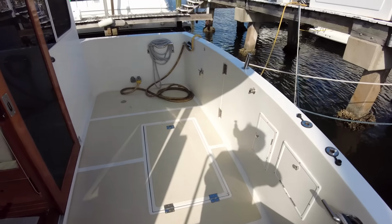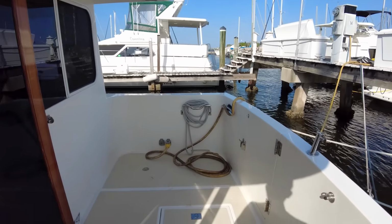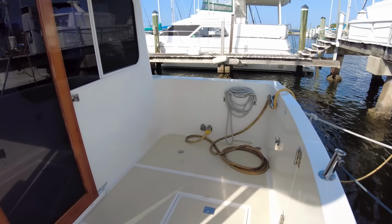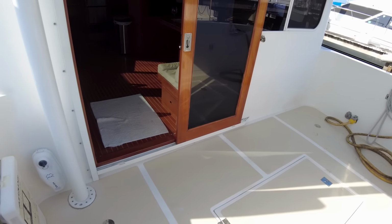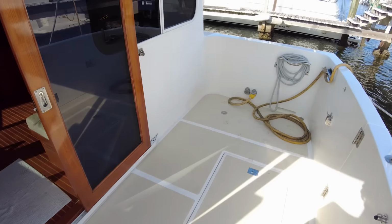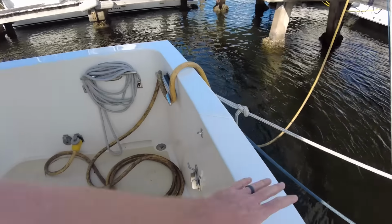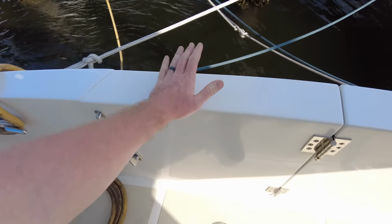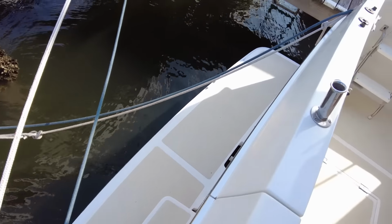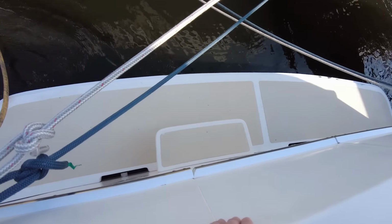Alright guys, so I just went ahead and stepped aboard. The first thing stepping aboard is this aft deck here. You've got a nice open aft deck, lots of room to put stuff out here and just hang out. Very nice. And then you've got a door in the transom right here that goes out to a swim platform. So good setup, nice clean setup for